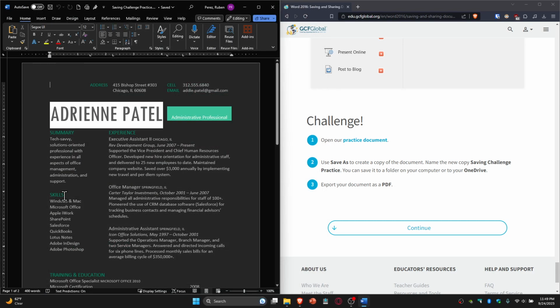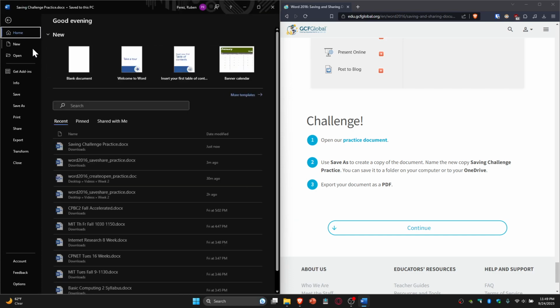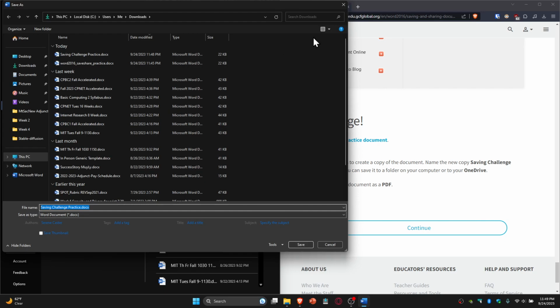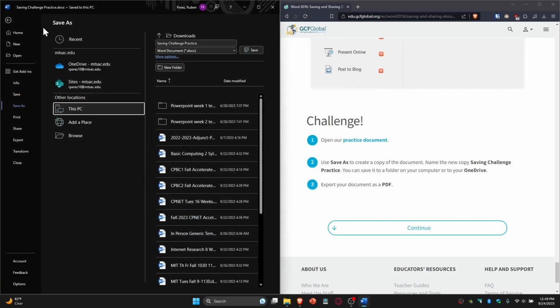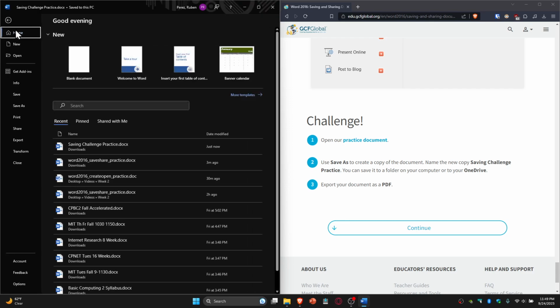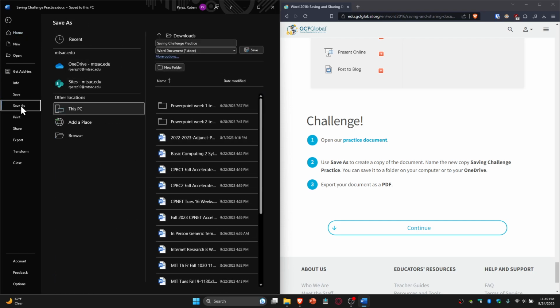So another way we can do that is, if you remember, same process. Let me do it one more time really slow here. We can go from File, which gets us to Backstage View. We go to Save As. That brings up a prompt asking us, where do you want to save this? I go to This PC,